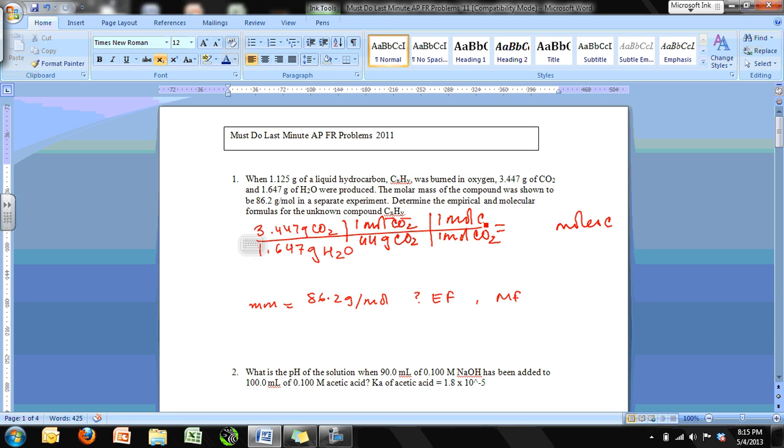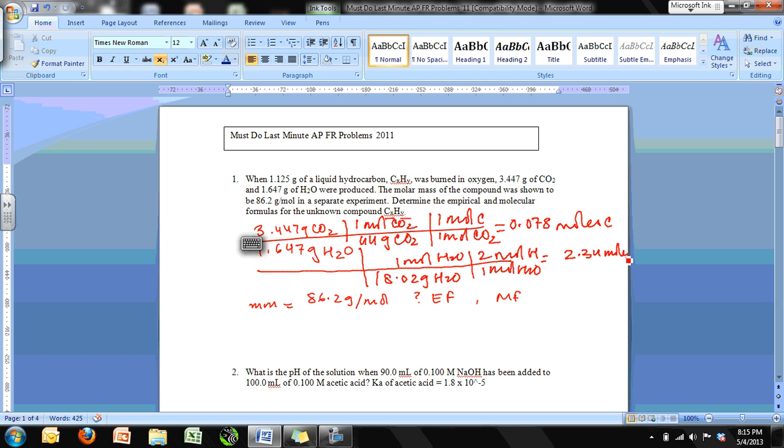If you follow this process, this gives you 0.078 moles of carbon. Similarly, starting with water, you can figure out moles of hydrogen. You know 18.02 grams of water make 1 mole of water, and in 1 mole of water you have 2 moles of hydrogen, and that gets you